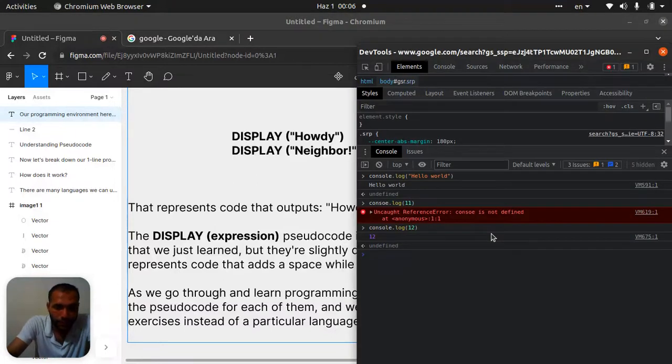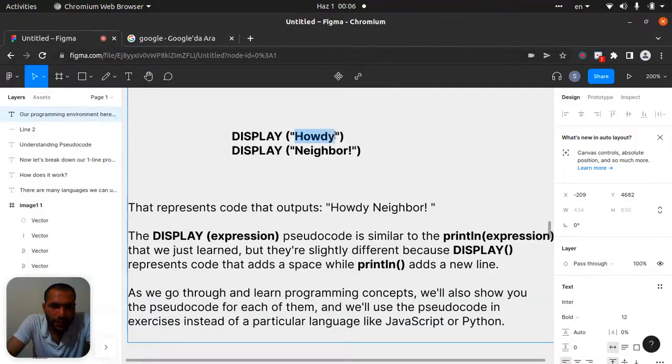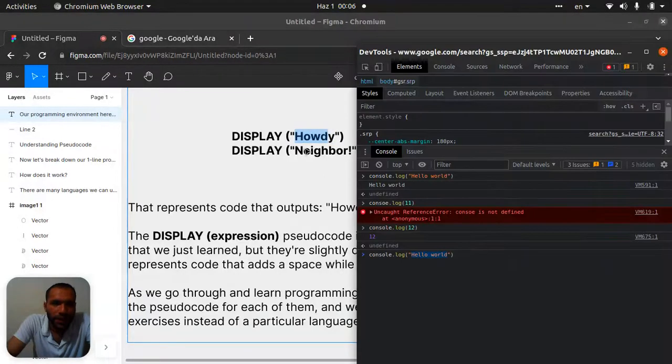Again, I can show you console.log and put here hello world and close it. This console.log is similar to the display, and hello world is similar to the expression. Hello world here is a parameter; in pseudocode this is the expression.